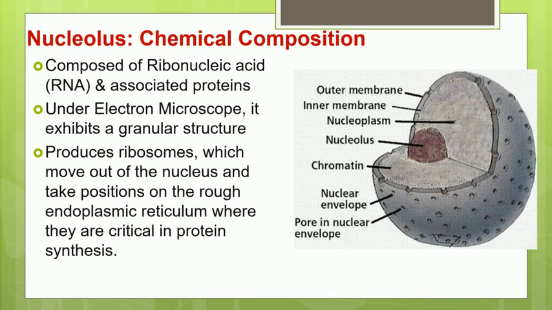And as we know, the nucleolus function is that it produces ribosomes, and these ribosomes then come out of the nuclear pores, and after they come out of the nuclear pores, they attach to the endoplasmic reticulum, and that part of the endoplasmic reticulum where ribosomes are attached is called rough endoplasmic reticulum. And we know the function of rough endoplasmic reticulum is protein synthesis. It is also known as rough ER.